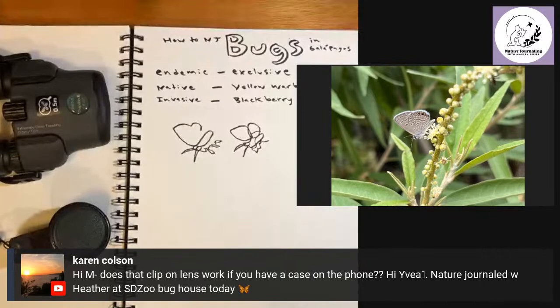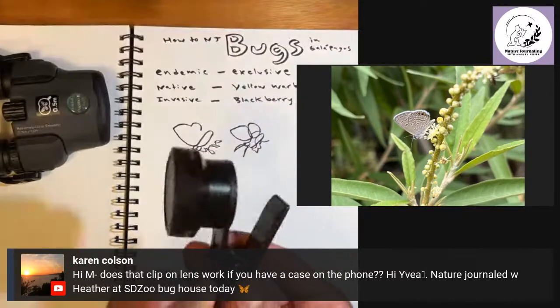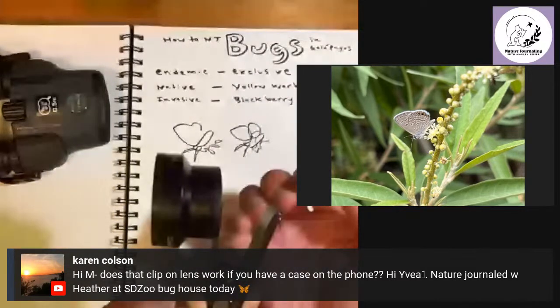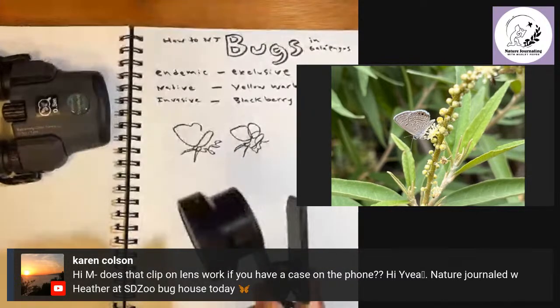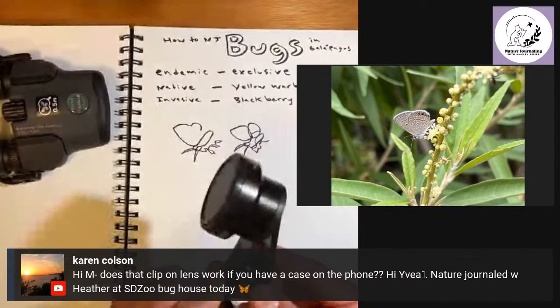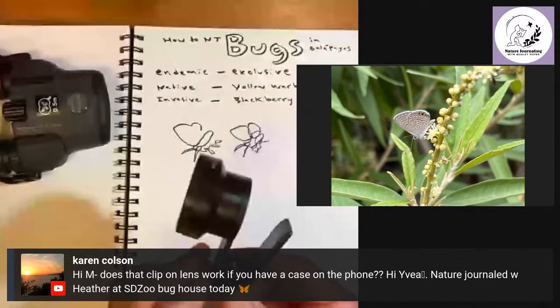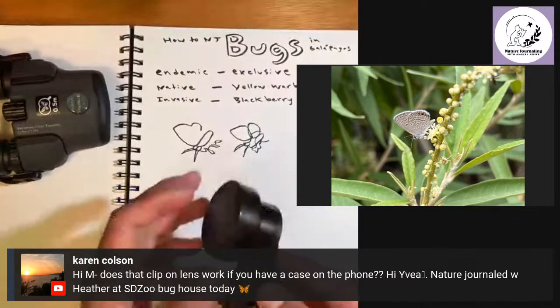Great question. I have a huge case on my phone and it works fine. There's probably some cases it won't work with, but you can see here it opens up like that, I would say at least an inch. It opens up about an inch. And I think it would work with a lot of cases. The cool thing is it's also only like